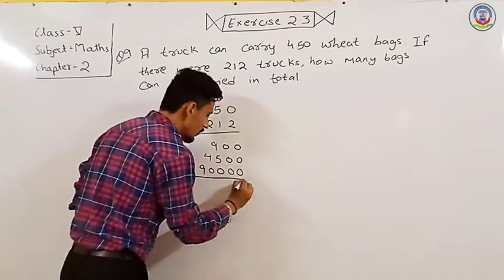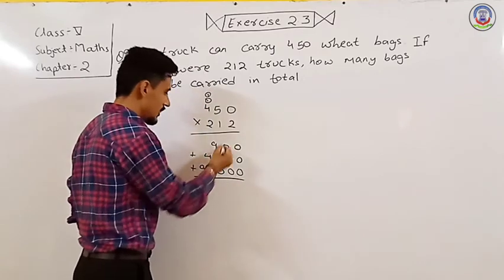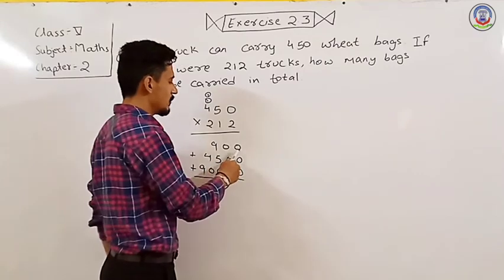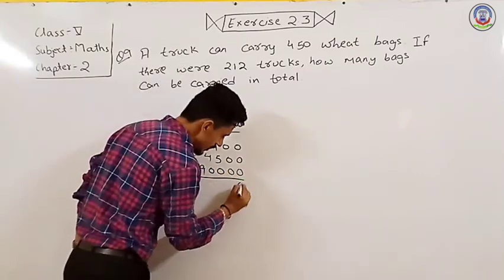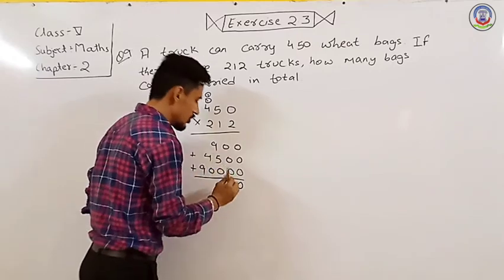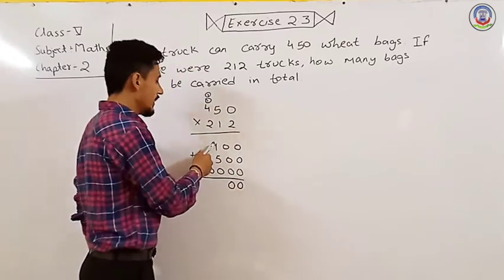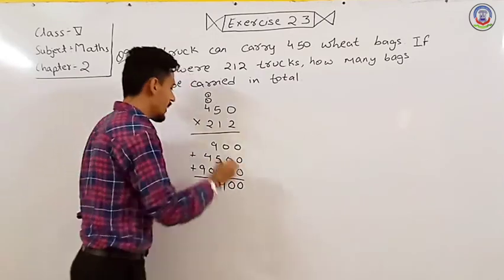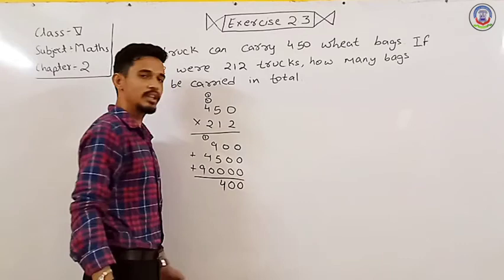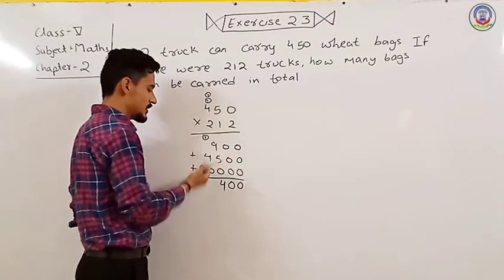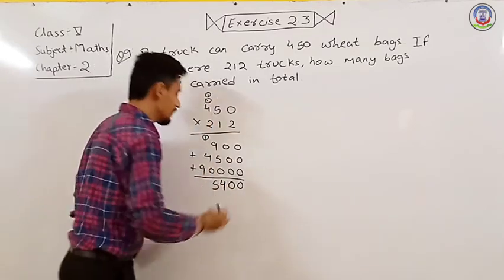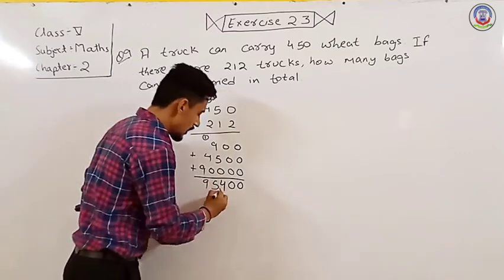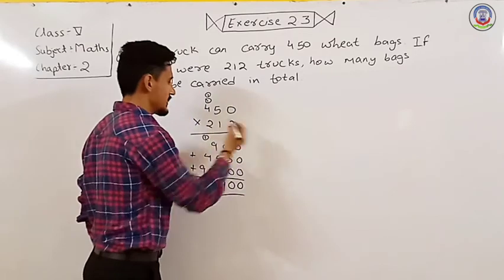Now we have to add these three numbers. We have to start from rightmost. In rightmost we have 0, 0, 0. So it is 0, 0, 0, 0, 0, 9, 5, 0. It is 14. So we write 4 here and 1 goes to carry. Next we have 1, 4, 0. So it is 5. Next we have 9. So we write 9. So product of these two numbers are